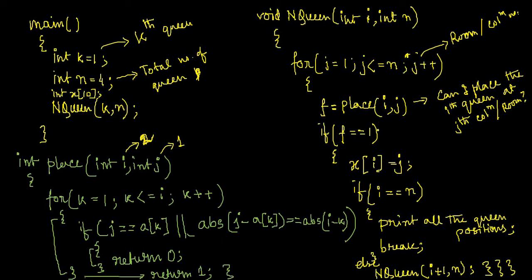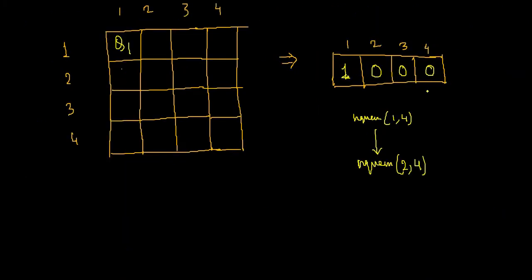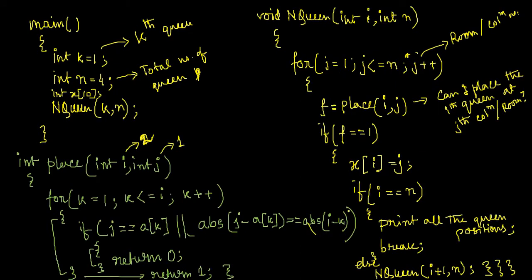So if becomes 0, it will not enter the if condition. So entirely it will go and then for the new value of j, that means next time again the place function will be called with i equal to 2 obviously, and now j equal to 2. That means can I place the second queen in the second position? That means somewhere over here. Now see, if you place the second queen over here, you can pictorially see that it's not possible because of this diagonal. And you see, it will be reflected in this particular part.